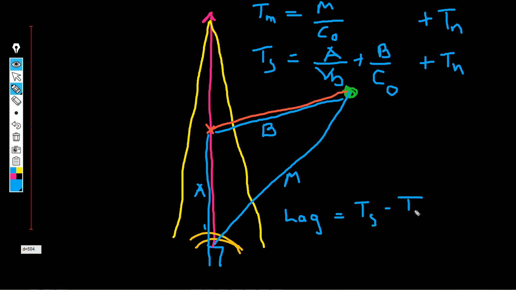And we could get from that, if we canceled out, subtracted everything, these would cancel out to be 0 because they're both, the shot is fired at the same time. And then we would have M and B, so S would be B minus M over C naught,